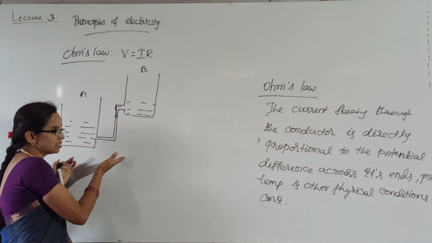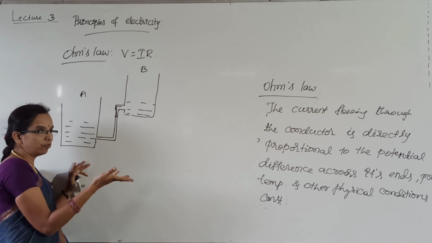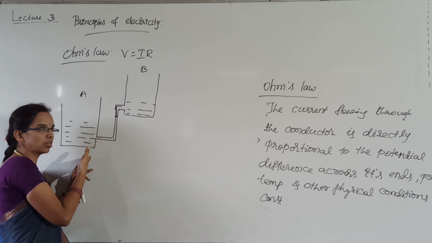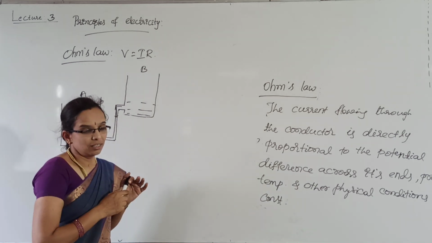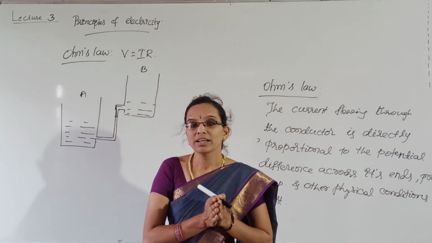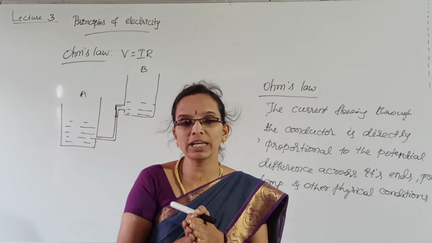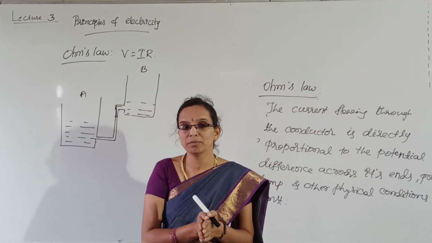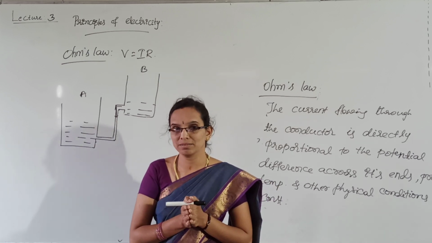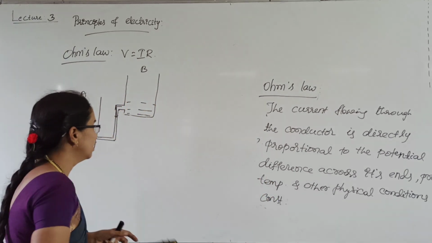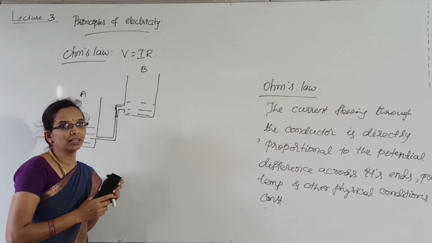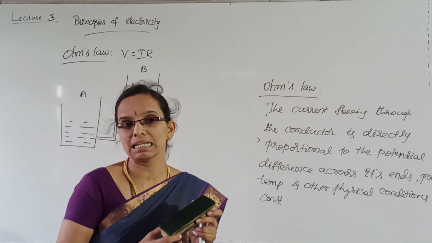So when both the vessels are at the same level, there is no water flow. When I increase the height, a potential difference is applied, and water starts flowing. Once I introduce the resistance or resistor, the current flow, the charges flowing through it, will be limited. By that, current flow will be limited by using the resistor. Understood? If I decrease the thickness of the pipe, the speed of the water flow will be decreased.